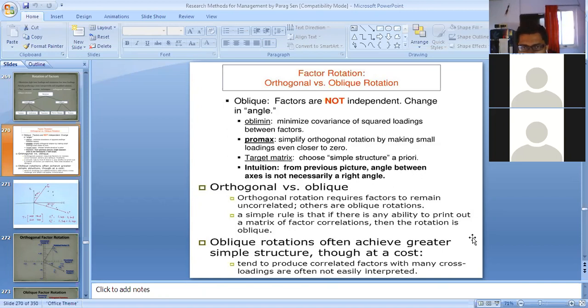Because the factors that you have extracted are based on the common variance of the variables, there will be less chance that the factors will be correlated with each other. So in that case you can use orthogonal, otherwise you can use oblique. Okay. Oblique rotations often achieve greater simple structure, though at a cost.